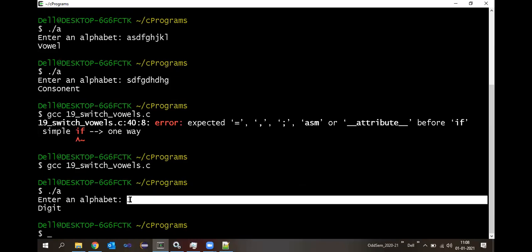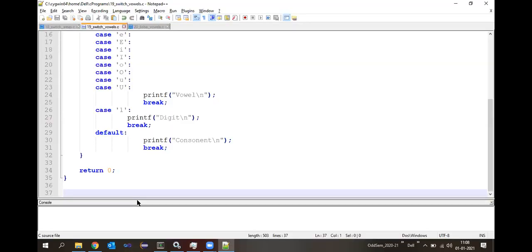Now the 1 which I entered here is considered as a character value. Character means it is going to compare with its ASCII value, and that will get matched over here. Understood? Yes, sir. What is the ASCII value of digit 1?